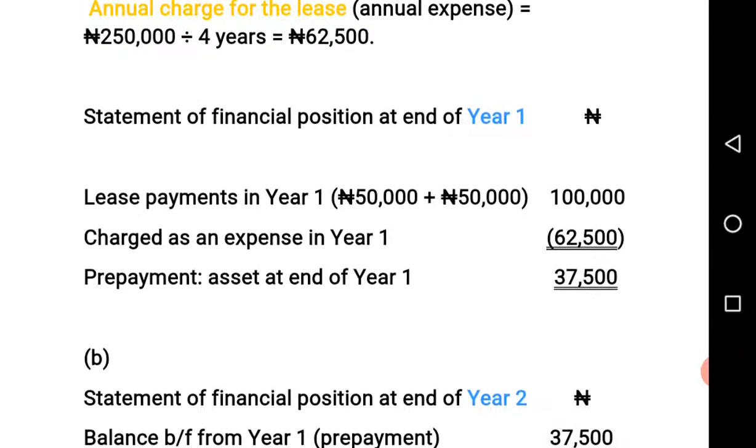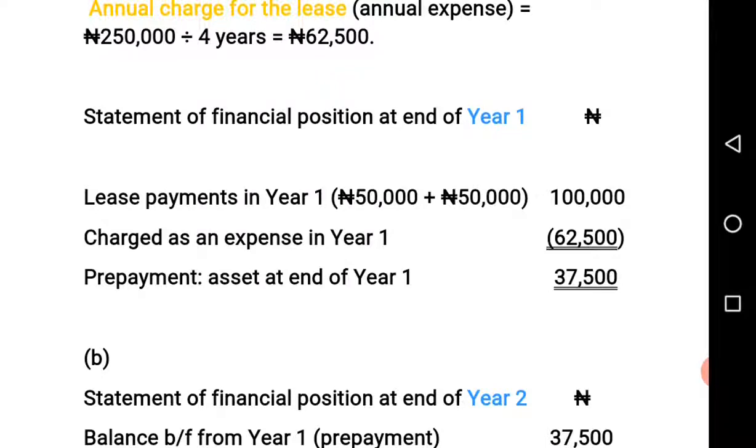That gives us 37,500 as our prepayment for year 1. That means we paid extra for year 1, by this 37,500, over what we would have paid if it was divided equally